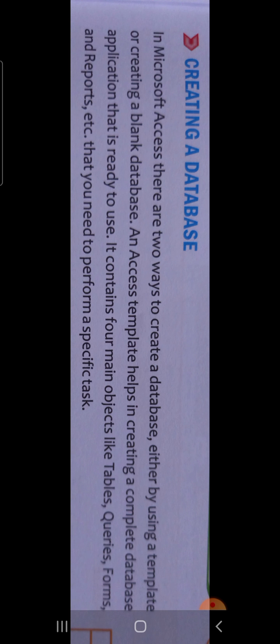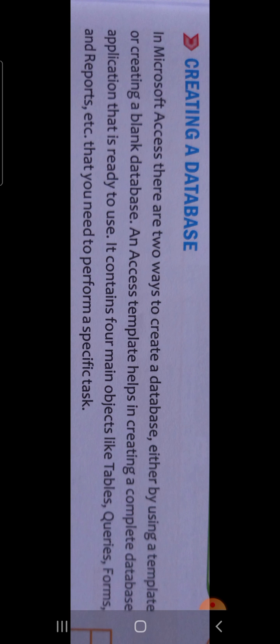So first I will explain what a template is. Template literally means a thing that is used as a model for producing other similar examples. A template is a document type that creates a copy of itself. Moreover, a template is a predefined page layout with fonts, margins and styles. We can say that a template is a ready-made application that is ready to use.